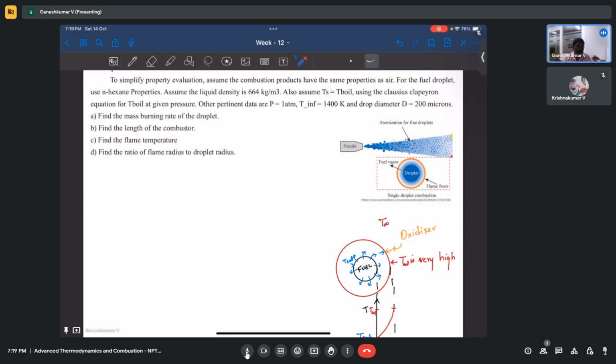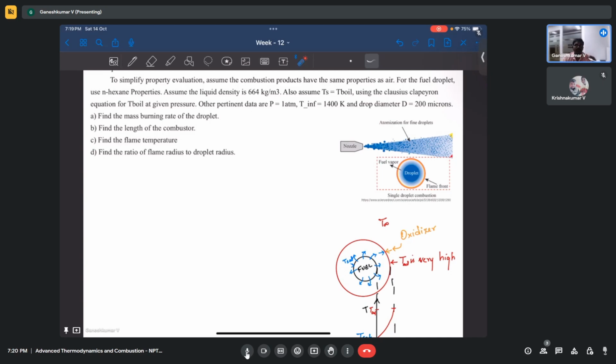It might tell you that this should be my length of combustor, but in reality, because of turbulent flows, because of multiple droplets present inside, the combustion may be faster or may be slower, right? Maybe even orders of magnitude faster or slower. So all those analyses require detailed research, and also detailed modeling, like for example, CFD modeling. Such modeling will give you better insights than doing such a preliminary exercise. But a preliminary exercise will give you physical insights.